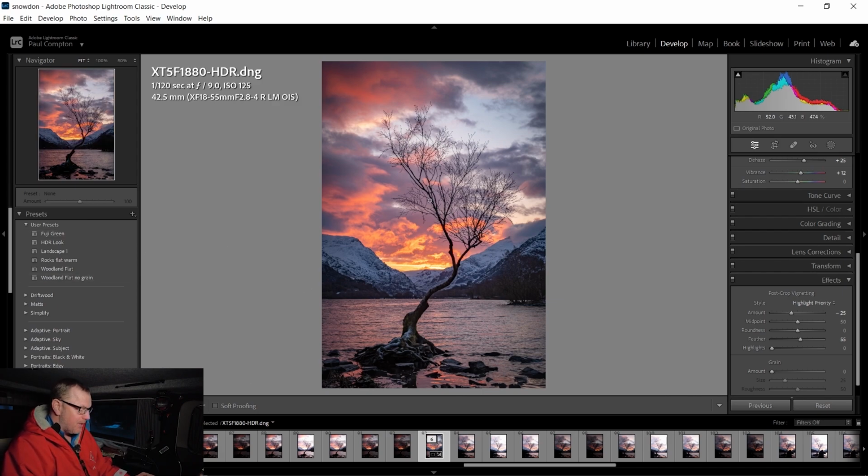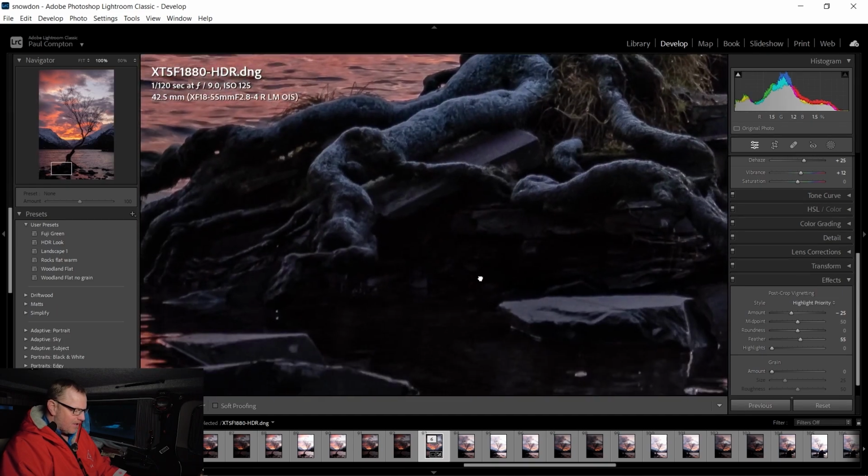All right, let's have a little look at this image. As the image stands, it looks pretty good as it is. Now I would normally put this tree right slap bang in the middle, but because this is highlighted with the snow, it's quite nice having it at a slightly different angle, because it's opened up all these lovely colours in the bottom there. Now I'm quite happy with that, apart from the fact that down here this looks really,